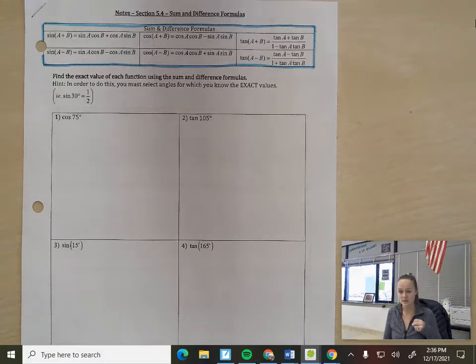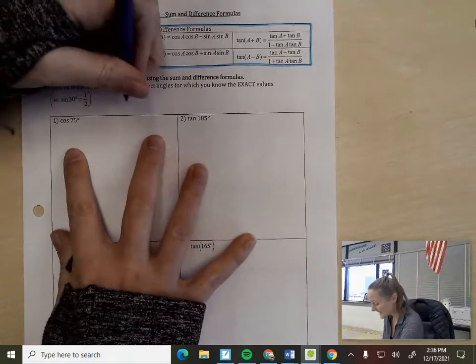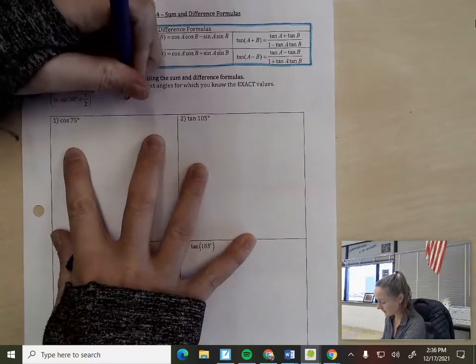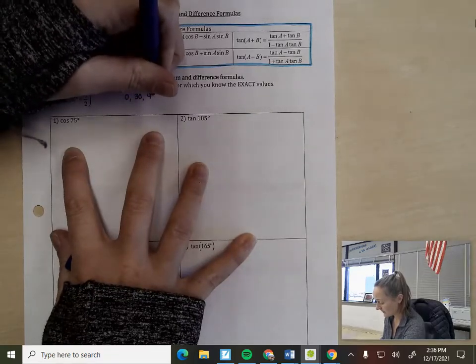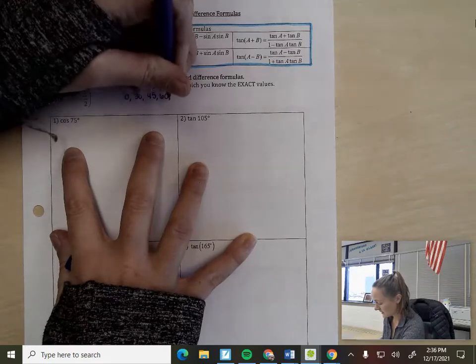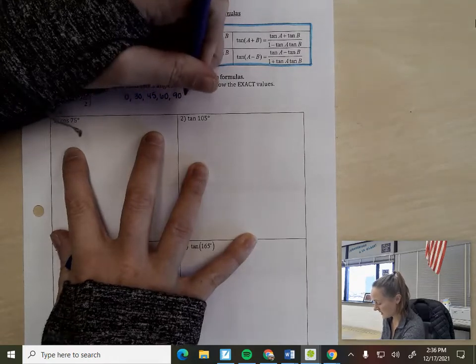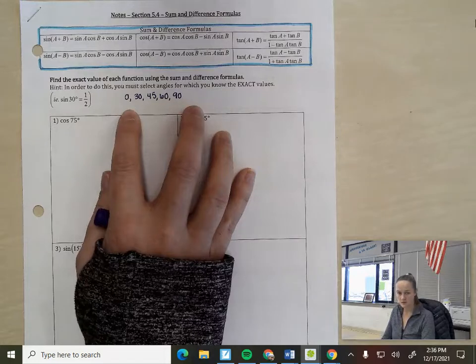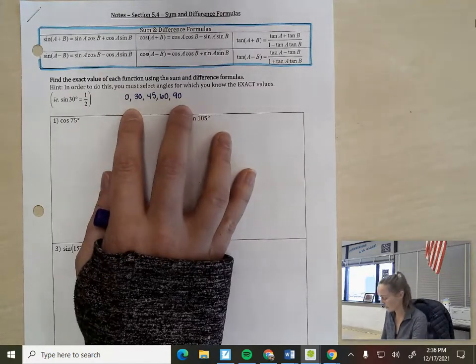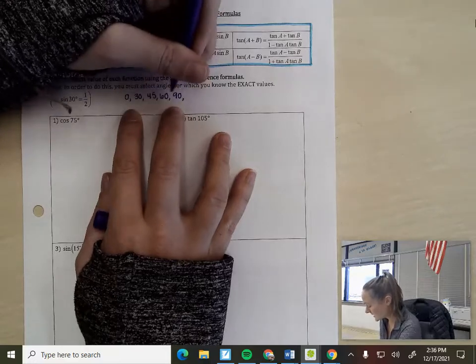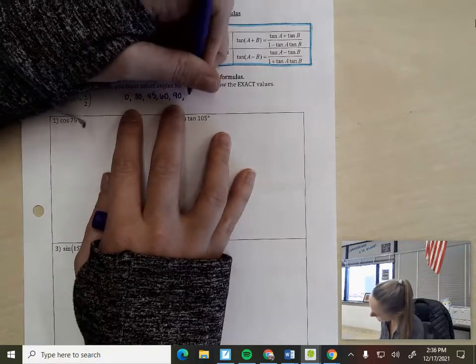We know exact values for anything that comes from 30, 60, 90, 45, 45, 90, and the whole unit circle. So our basics are 0, 30, 45, 60, 90, and then we go around the circle in that fashion. Actually, I think it would be really good if we kept going with this. So after 90, we would have plus 30 would be